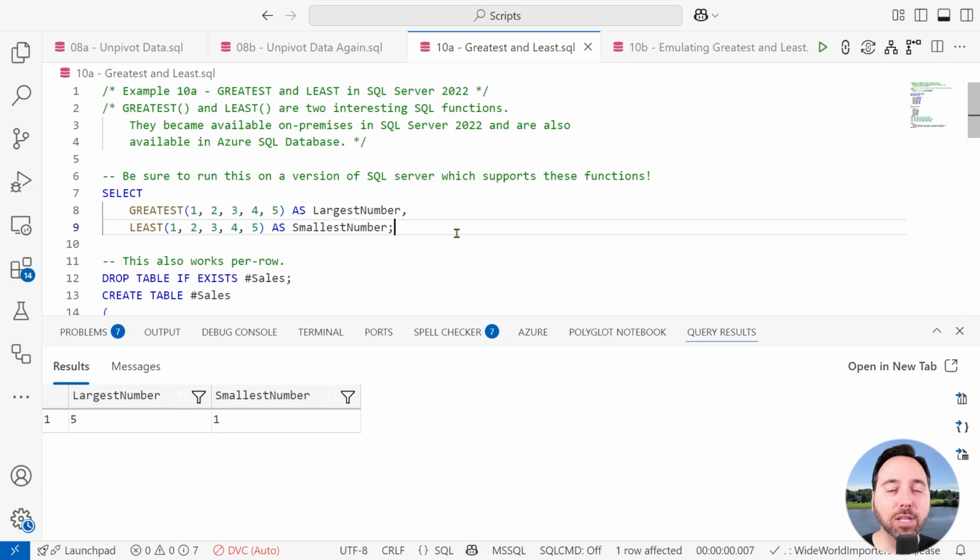I'll begin with a really simple example, passing in hard-coded values of 1 through 5 to each of these functions. If I run this bit of code, the results are exactly what I would expect. I get 5 for the largest number and 1 for the smallest number. That's as simple of an example as I can create, so let's scale it up a bit and get a